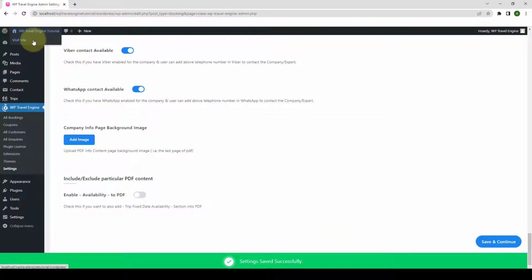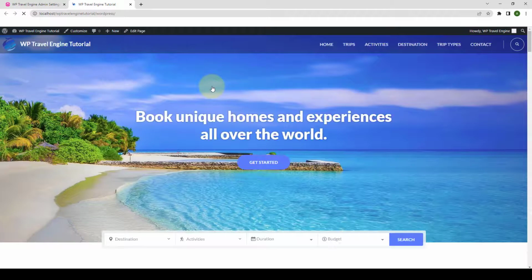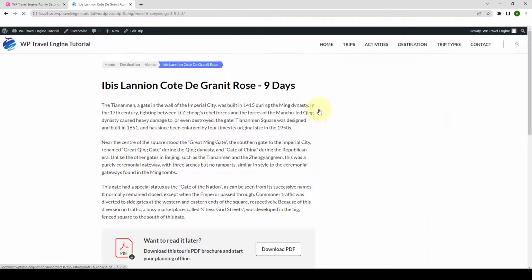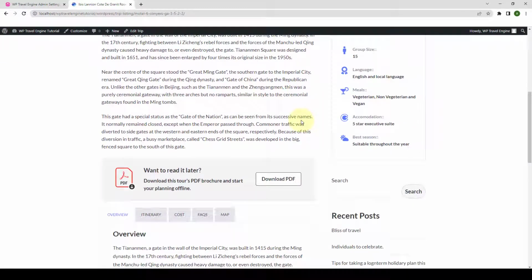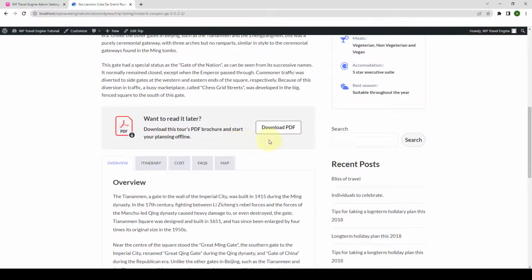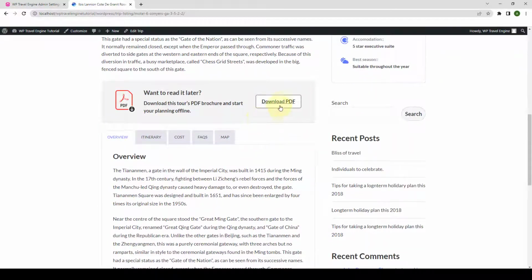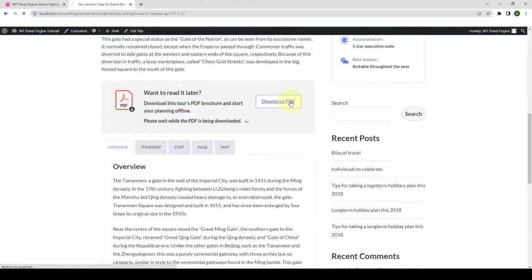Let's go to our front end and let's go to Trips. Let's open the first trip and you will see the itinerary downloader has been generated. It has been added to our trips and it is also downloadable. If your visitors click on the Download PDF button here,